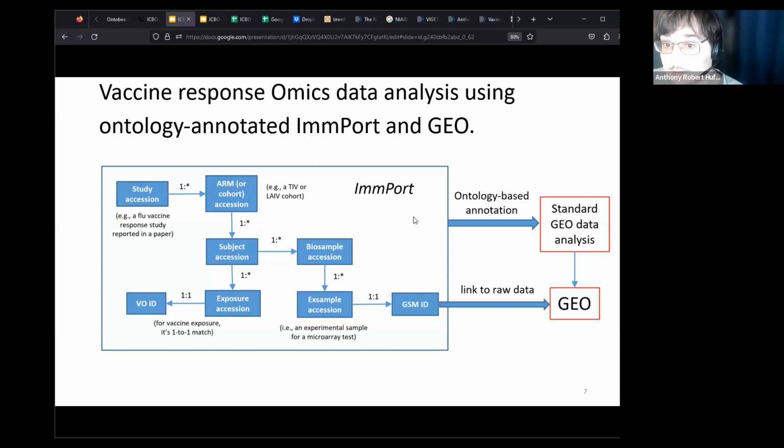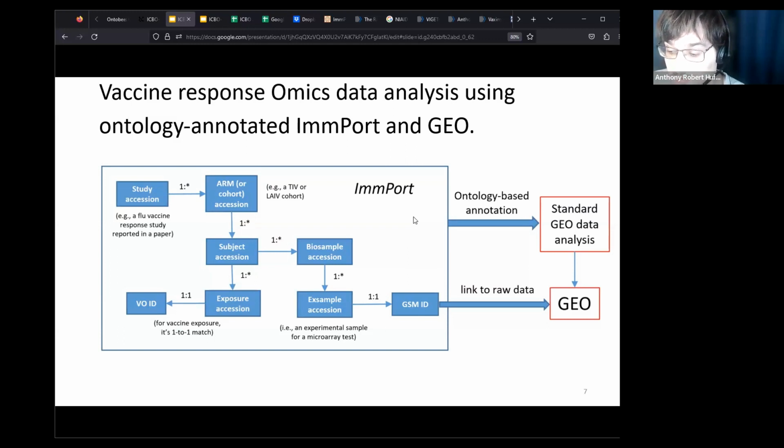Each study contains multiple different cohorts, which are the different experimental populations that all share a common pattern for immune response. Each of these cohorts has an individual subject or person, which has an exposure extension number, which corresponds to a vaccine in this case, and also a specific sample type, which corresponds to an ELISA or a sample taken